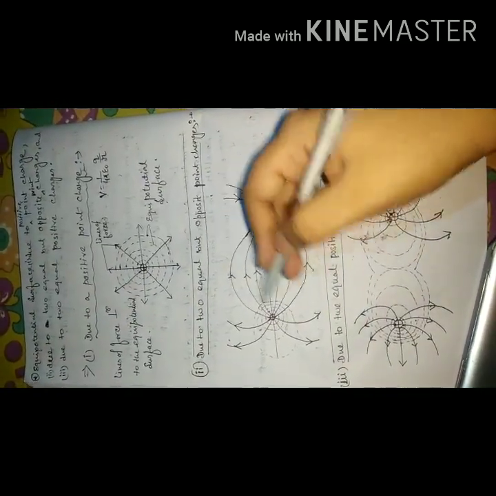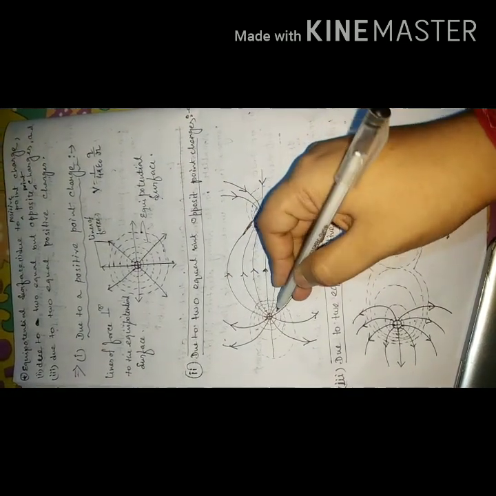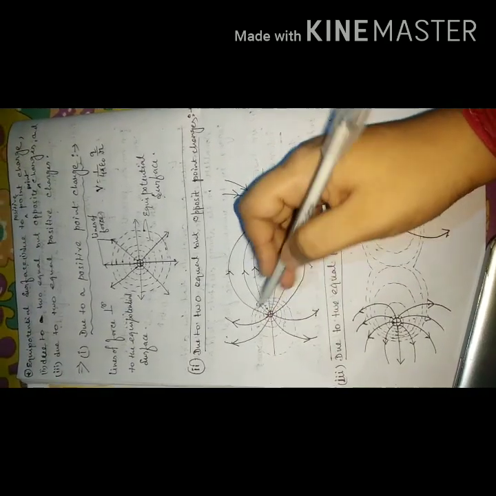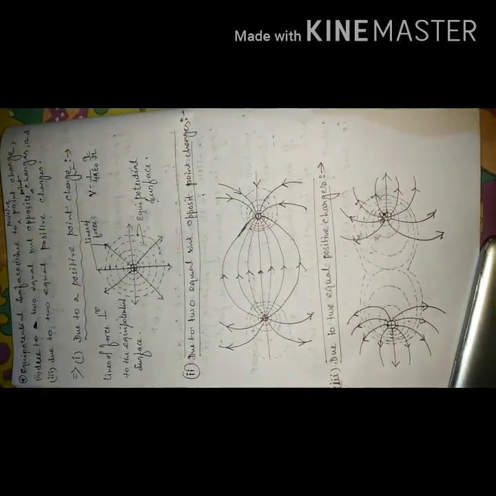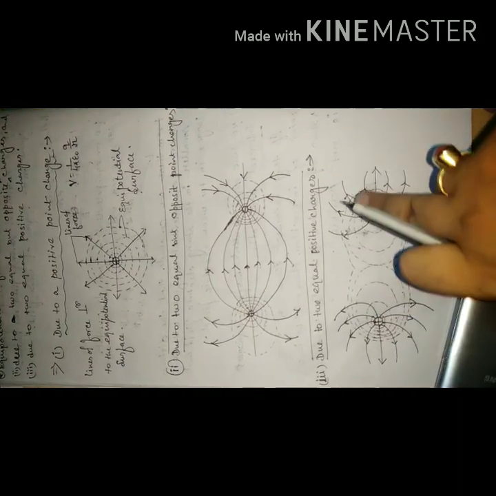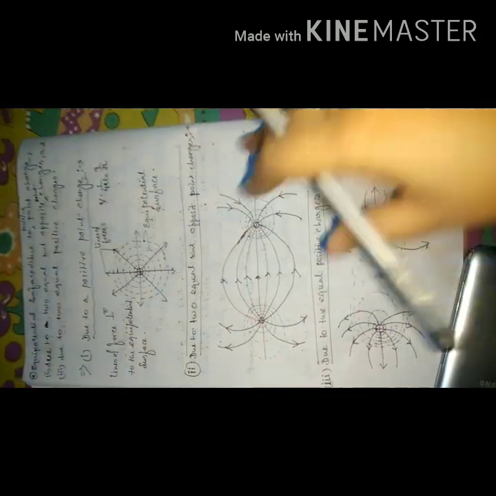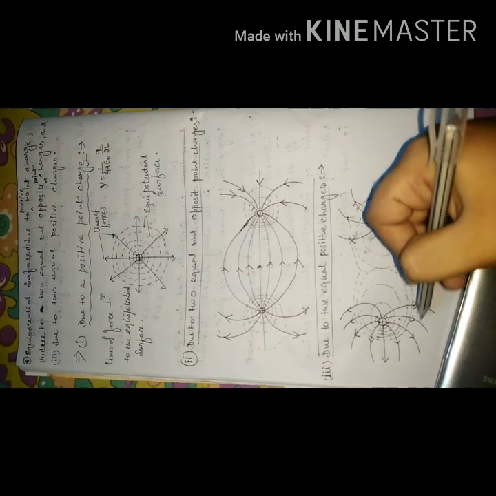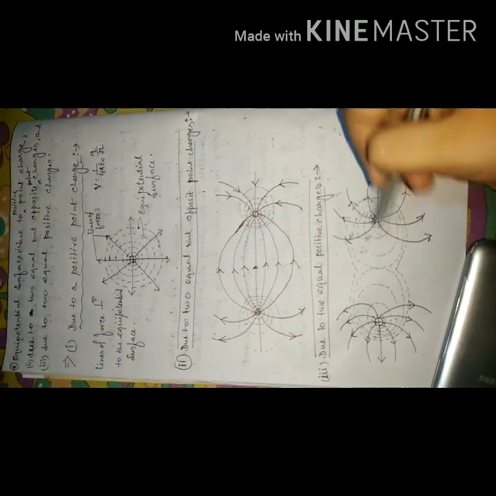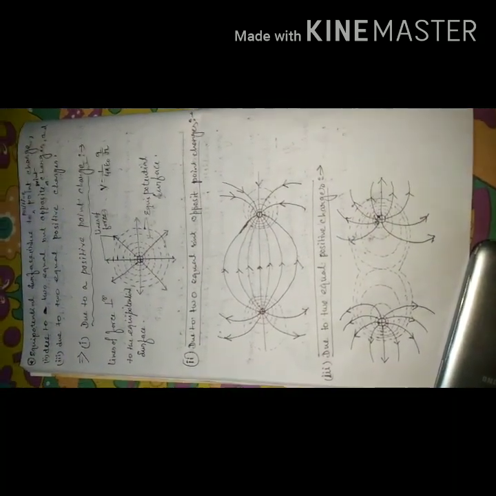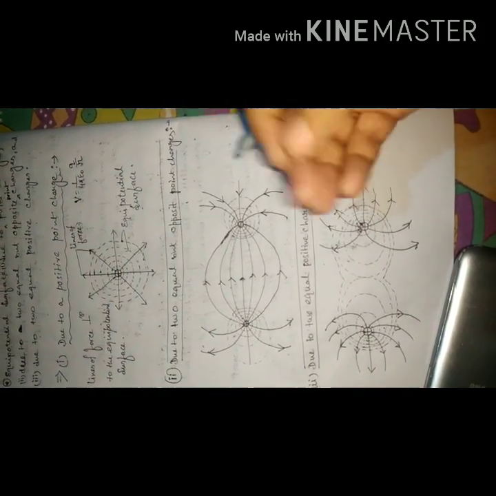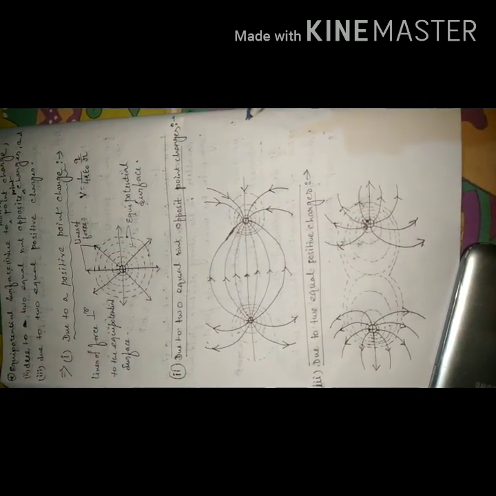And this is for two equal but opposite point charges. This is a plus, this is a minus charge. We know this is the electric field lines diagram, and the dotted lines are the equipotential surfaces. And this is for two positive charges, both positive, separated by a small distance. The bold lines are the electric field lines, and the dotted lines are the equipotential surfaces. Sometimes it will come for a 1 mark question: draw the equipotential surface due to a positive point charge, due to equal but opposite point charges.